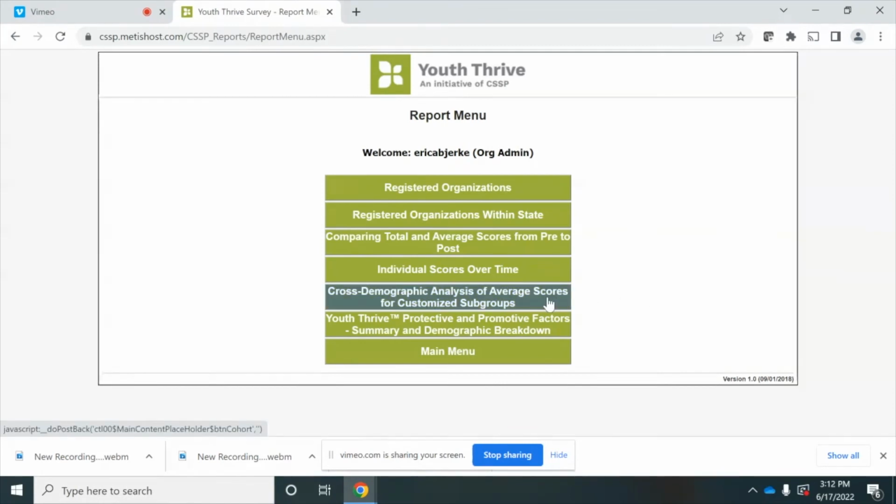The next report is customizable and allows you to look at data for a specific demographic subgroup of young people that you're surveying. For example, young people who identify as LGBTQ+, or young people who are involved with the child welfare system or the juvenile justice system. It shows the number of surveys completed by that subgroup and their average scores for each section. Each survey completed within the selected date range is counted. Therefore, if a young person completed more than one survey within the selected date range, each one will be included in this report. To run this report,